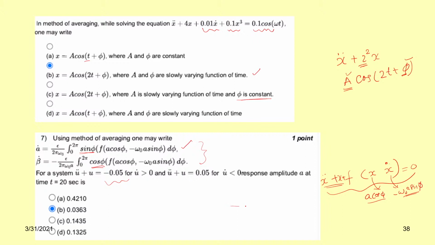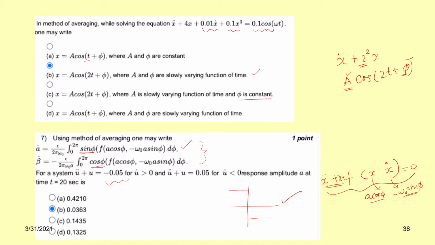So this is actually your Coulomb damping. The problem is that of the Coulomb damping, that is when u dot, the velocity, is less than 0, you have a value of 0.05, and when u dot is greater than 0, this value is minus 0.05. So the question is just the reverse of that Coulomb damping type of thing, and so you can get this equation. Now you can solve this equation for t equal to 20 seconds,